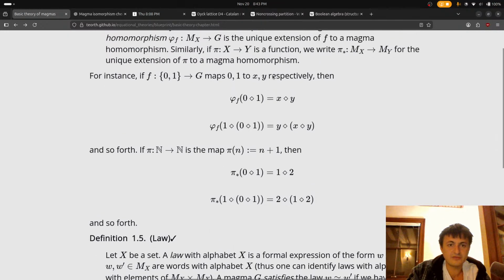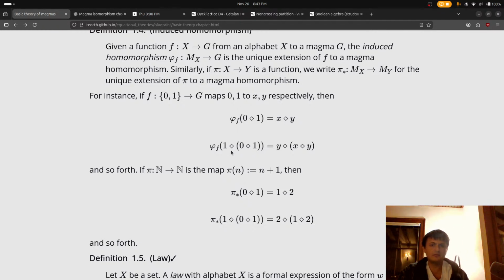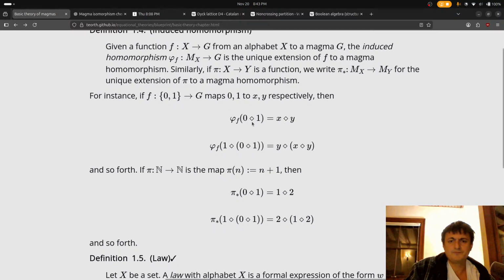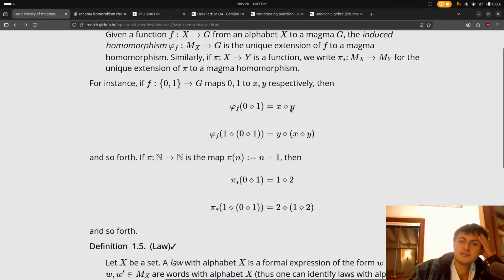So for instance, if f from {0, 1}, which is an alphabet, to G maps 0, 1 to x, y respectively, then, is it literally just a rewriting thing? Okay, but these diamonds are actually different, I'm pretty sure.